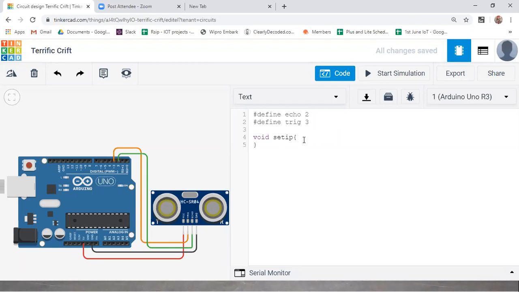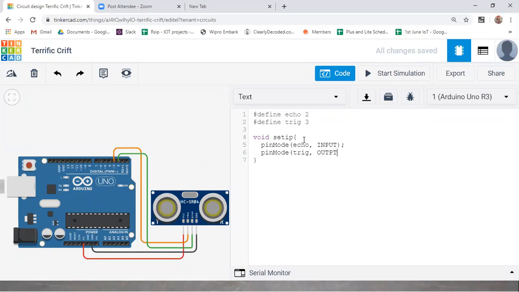Okay, so void setup. Here you need to attach these pins. Pin mode: one is echo, comma, input. We are getting the wave, right? We are transmitting some pulses through the trigger pin, so that is output, guys, whereas to the echo pin we are getting the input wave.